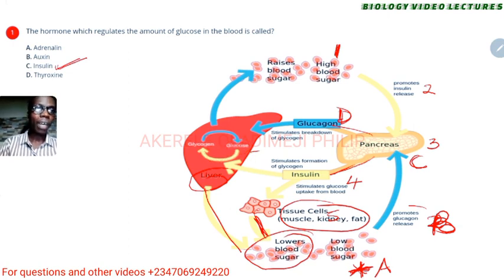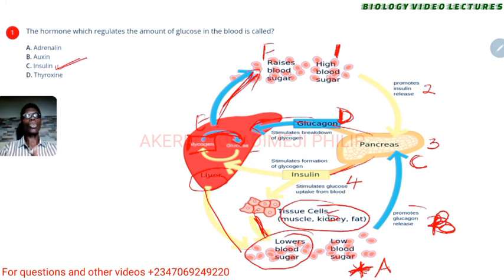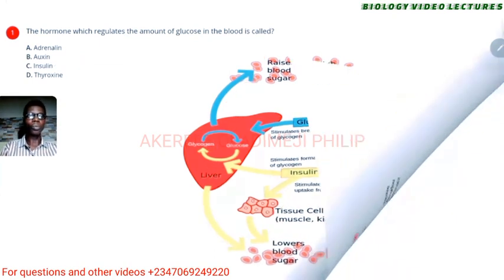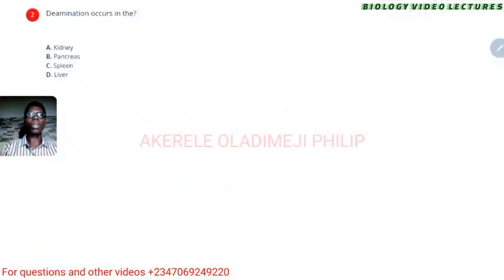Now, after the glucagon has been stimulated, look at where the arrow goes. It's converting glycogen to glucose. So it's going to be gradual anyway. It's not going to be everything at once. It's going to take a part of the glycogen that has been stored and convert it to glucose. And what would that lead to? Let me say this is E, then this is F. It's going to increase glucose level. So you might want to watch this again or rewind this. Hope that is helpful.